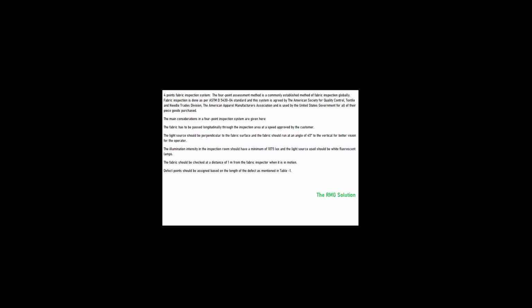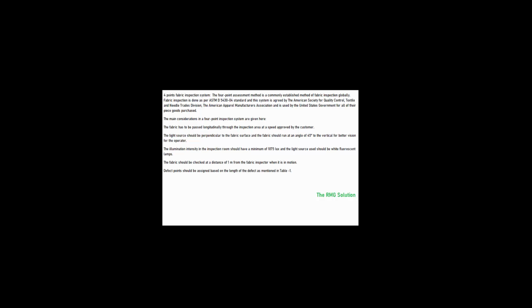The main considerations in a 4-point inspection system are given here. The fabric has to be passed longitudinally through the inspection area at a speed approved by the customer. The light source should be perpendicular to the fabric surface, and the fabric should run at an angle of 45 degrees to the vertical for better vision for the operator. The illumination intensity in the inspection room should have a minimum of 1075 lux, and the light source used should be white fluorescent lamps. The fabric should be checked at a distance of 1 m from the fabric inspector when